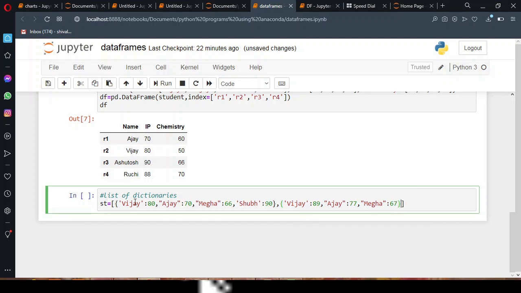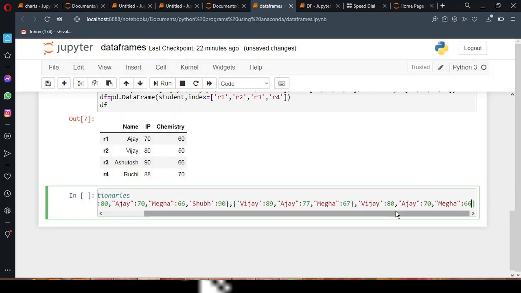In the first dictionary you can see I have taken 4 students. In the second dictionary I have taken 3 students. In the third dictionary I am going to take 3 students again, but with a different name. Using curly braces, and the curly brace to close it.